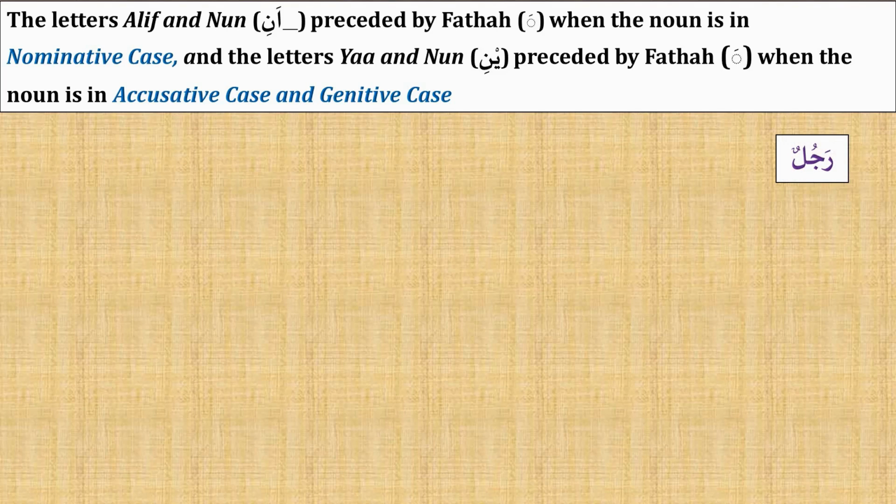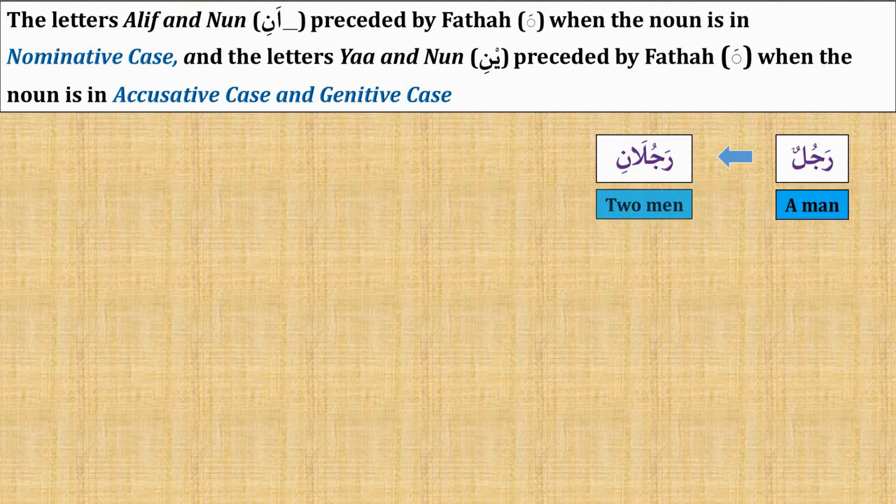Example, rajulun, a man. It becomes rajulani, two men, by adding alif and noon. When the noun ends with dammatain, it must end with alif and noon at the end. We must add alif and noon, but tanween must be removed and it must be given fatha, then alif and noon. Next example, al-kitabu, the book,